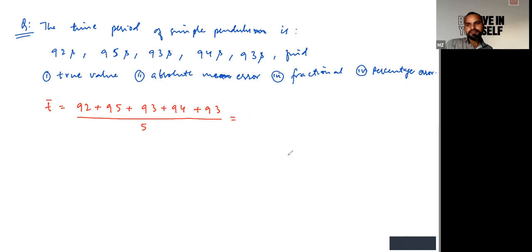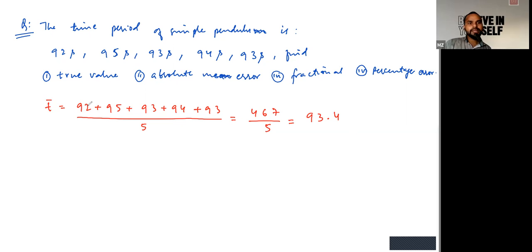Good, Namuna. But you have made a little mistake. If you solve this, you will get 467 divided by 5. 2 plus 5, 7, plus 3, 10, plus 4, 14, plus 3, 17, 7. 9 into 5, 45, plus 1, 46. So it will be 467 divided by 5. On dividing by 5, 5 in 9, 9 times, 45, 1, 7. 5 in 3, 3 times, 15. Point 5 into 4. So this should be your